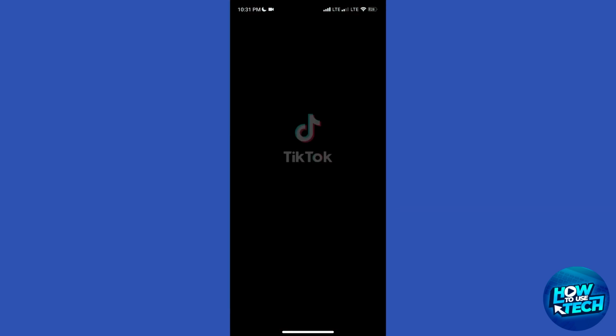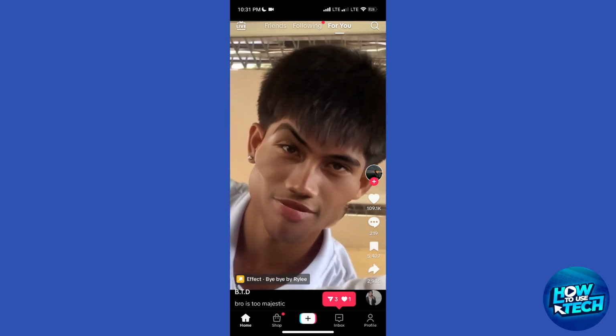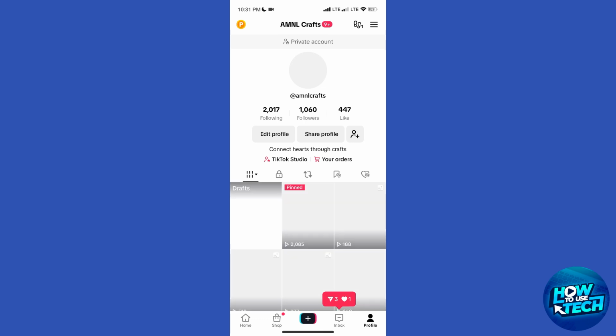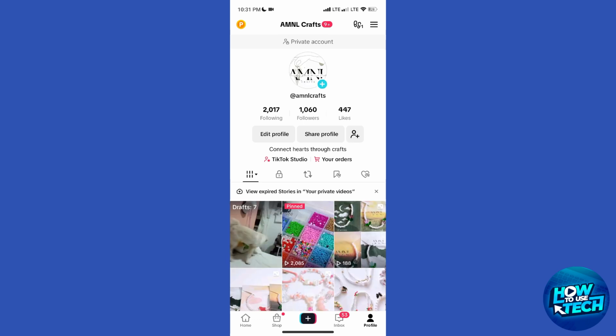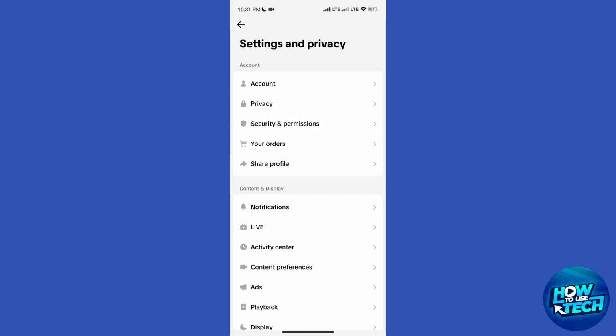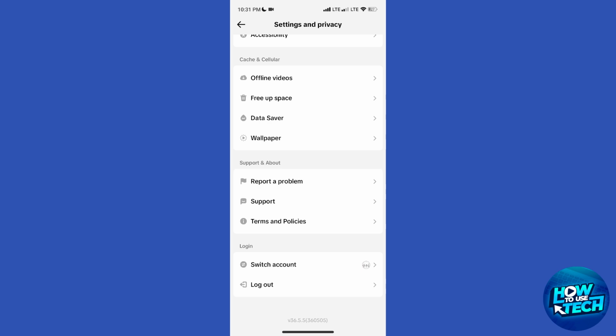Now let us open up the TikTok app here, and there are three different places we are going to look. The first one is to tap on profile at the bottom right, and we will tap on those three lines at the top right. Now we will choose settings and privacy at the very bottom here, and we will scroll down to the bottom. The first place is you can go to report a problem here, and you will see